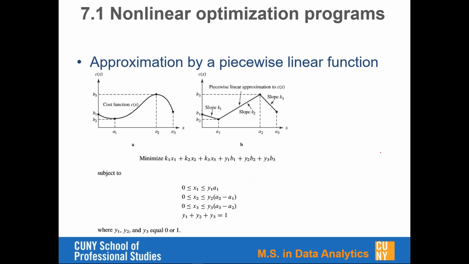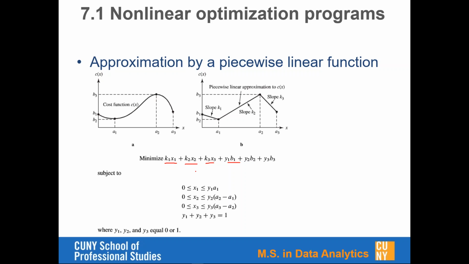And then here, what we're trying to do is that sometimes for certain cost functions, we could use some sort of piecewise linear function to represent that function. So if our cost function looks like this curvature on the left-hand side in A, but in B, you would say that you could use certain piecewise linear segments to represent